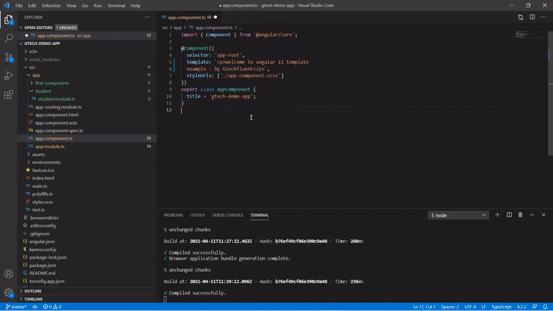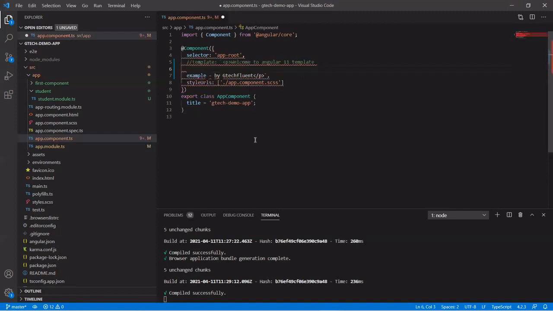So instead of using an inline template, in real-time applications we use a separate HTML file, the external template. Now let's see how to use that.